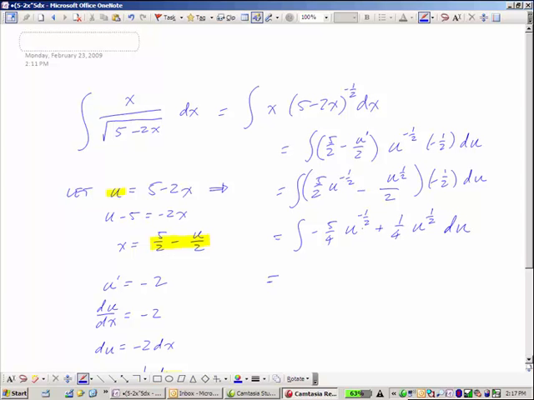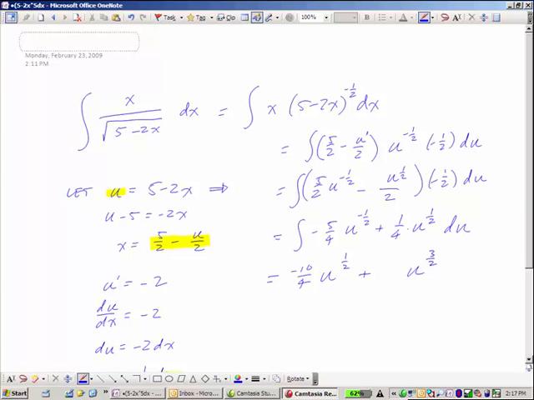All right, so u to the negative 1/2. Increase the exponent by 1, sorry. And now divide by the new exponent. So what's negative 5/4 divided by 1/2? It'd be negative 10/4. So dividing by 1/2 is the same as multiplying by 2? Okay, negative 10/4. And then u to the